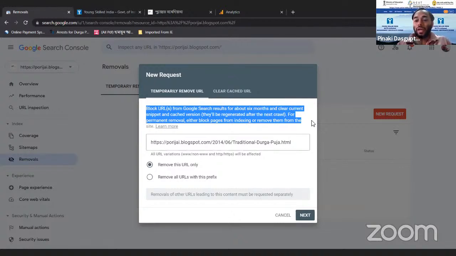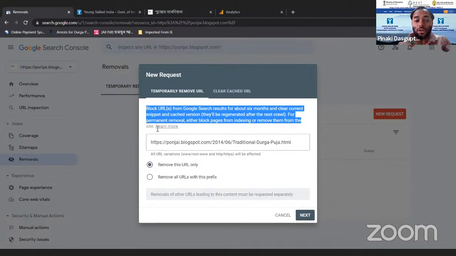Once the tenure ends, you can again request Search Console to block it for the next 10 years. In this way, you can block a particular page temporarily, because every year you need this page only at a particular time, so you don't want to remove it permanently.